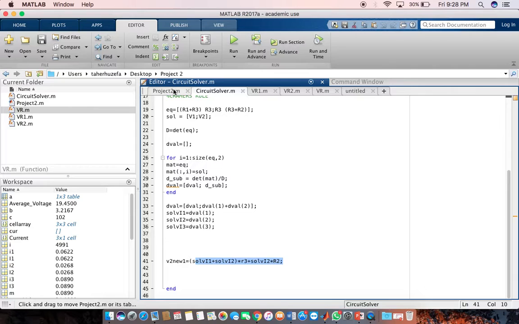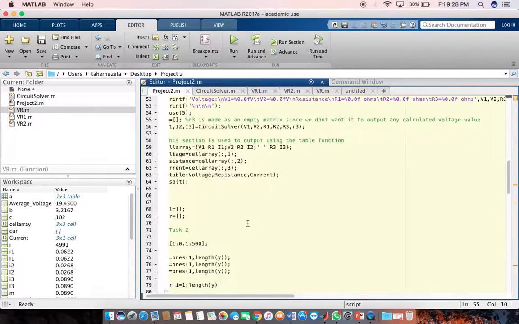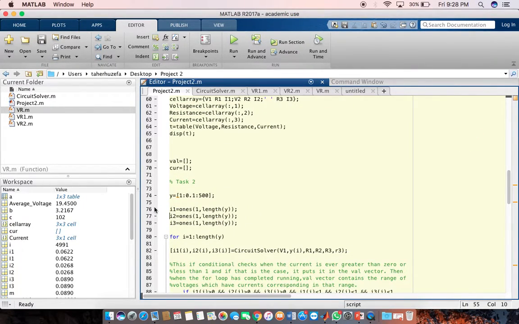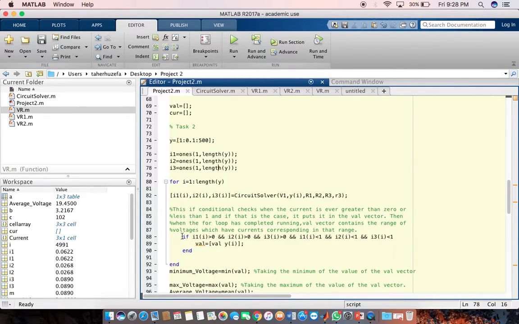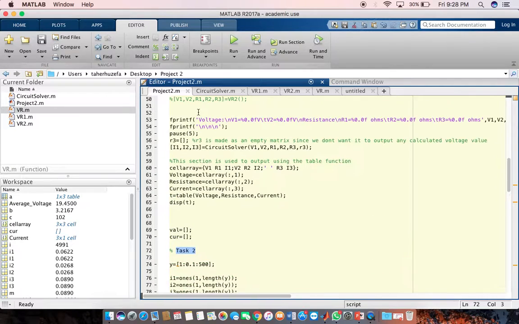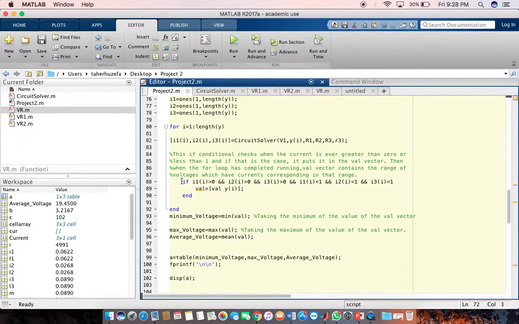This line right here is used in task 3, which I will explain when we reach task 3. So right here we define I1, I2, and I3 in order to save time, and this is task 2 right now. We're at task 2. We've completed task 1. So task 2 right here is we're restricting the value of I1 between 0 and 1,